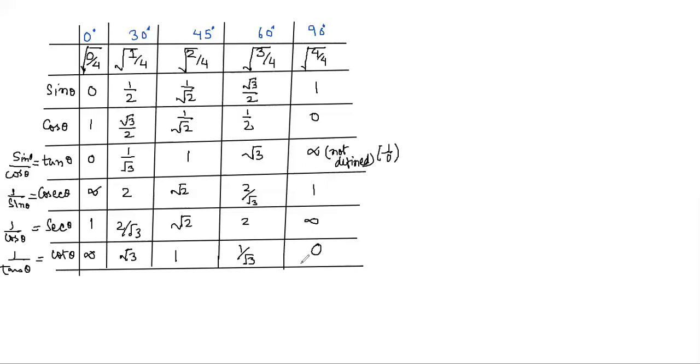So in this way, we are able to remember the 6 trigonometric ratios at 5 important angles. These values must be in your mind, must be on your fingertips whenever you are asked. So if you are through with the learning work, you may start with exercise 8.2. Let's try to do 2-3 questions of exercise 8.2, but you will be able to do this exercise only if you know the values, you have learned the values.